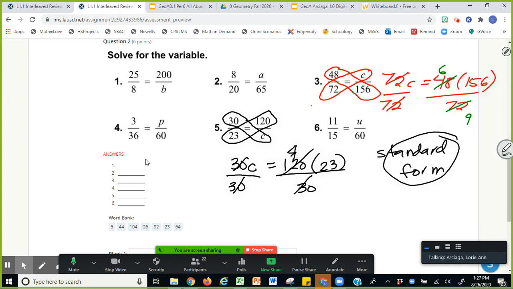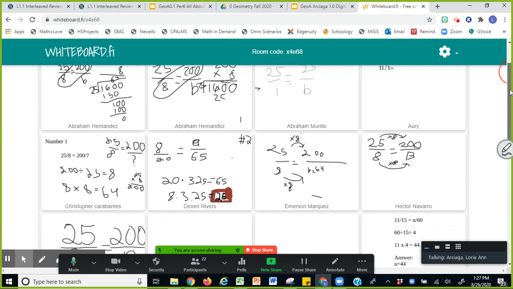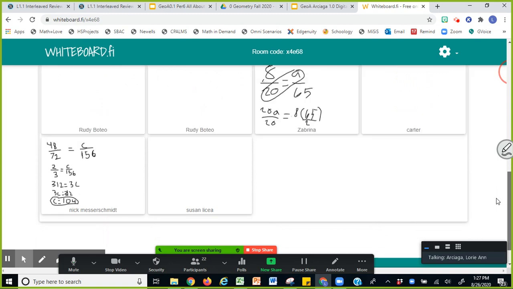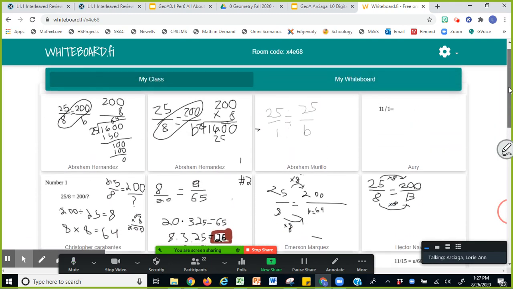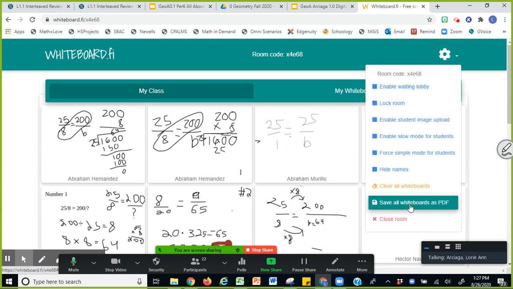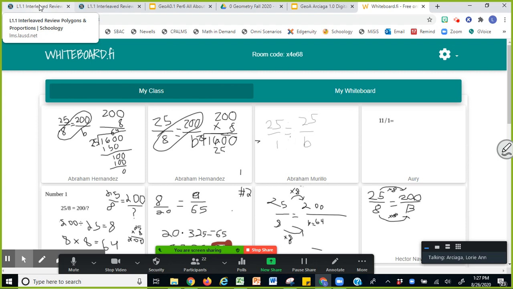All right. So now that you've seen some hacks, shortcuts, and your classmates' whiteboards, I do hope that you will be more comfortable and confident when you use your attempt number 2 in Schoology, right? So I'm going to leave this whiteboard for now. Actually, I can save it as a PDF. Is there anybody else writing? Okay, I'm going to give it some time. I'll go back to this one later if you're still trying before I close it.